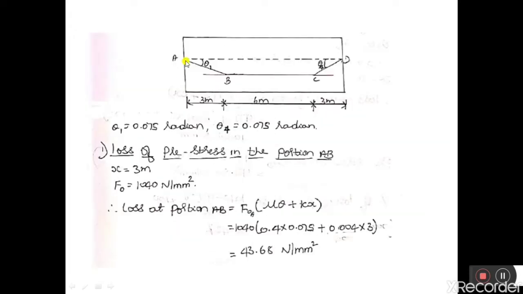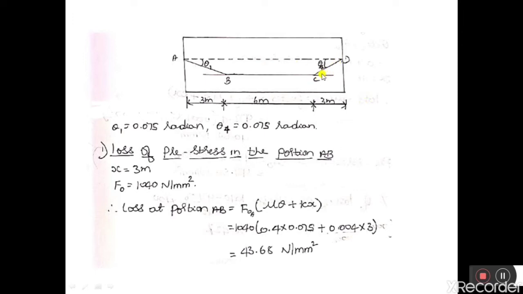So let us consider a beam. So this is a beam of span 12 meter. So as per the question, the beam is having a cable profile with horizontal profile for a length of 6 meter at its central span. So from here to here it is 6 meter, it is horizontal, and on either end for a length of 3 meter,